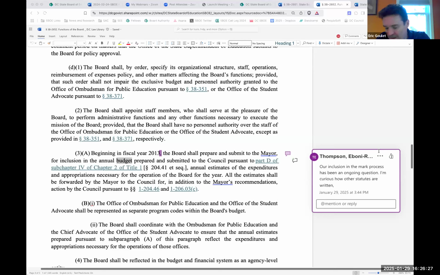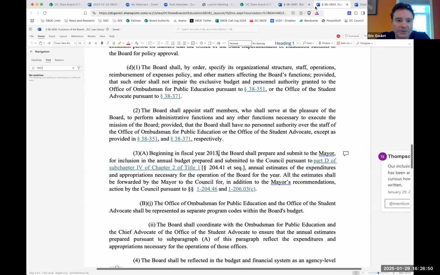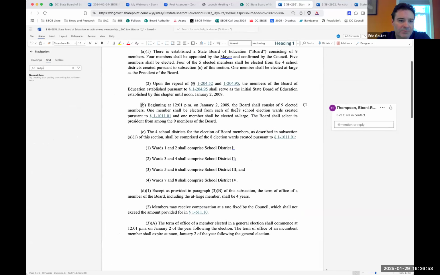I think it would be germane to this bill because what we're doing is trying to remove outdated references to the old Board of Education. And this probably would have been cleaned up a while ago if it was in the OSSE statute or the State Board of Ed statute. But since it was over there in these health statutes, nobody picked up on it. So it's really just a technical amendments matter. If we're just trying to be thorough, I think we should clean it up with this. Again, it's 38-621 where the language is.